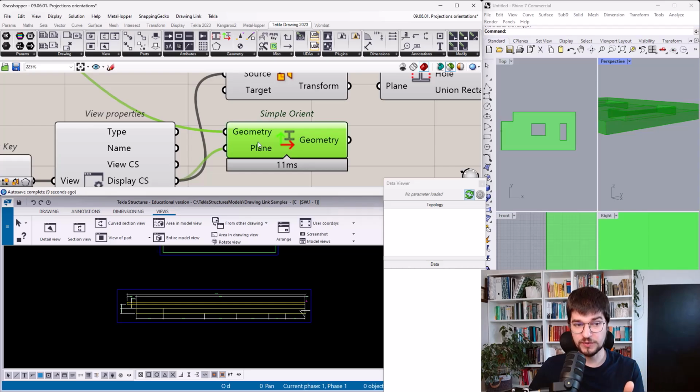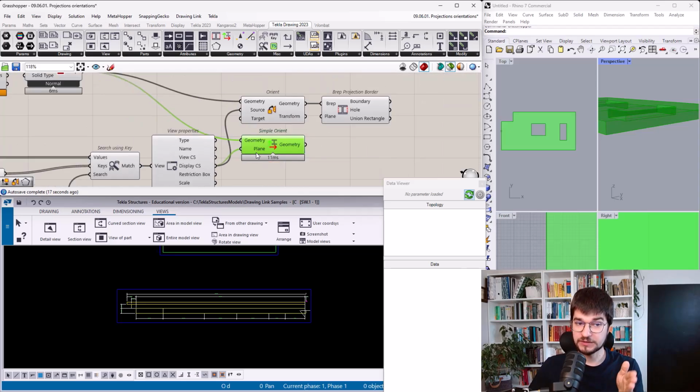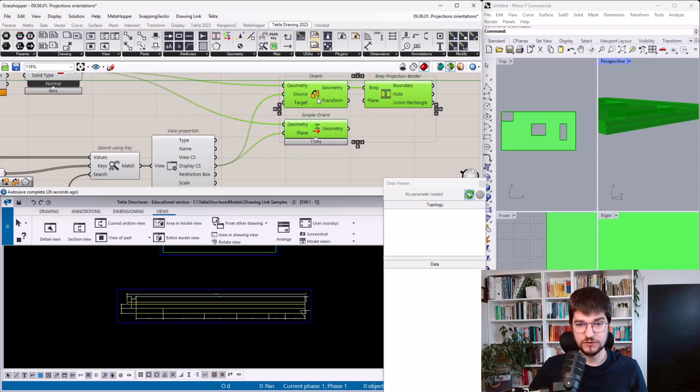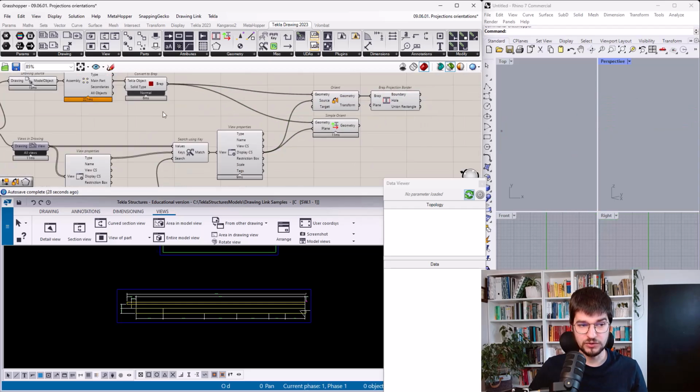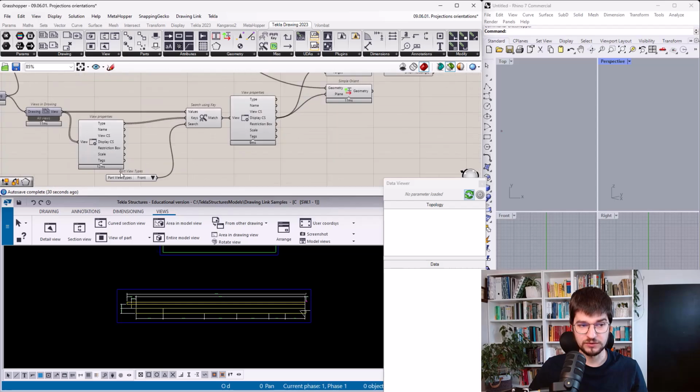Of course, you have to provide geometry, but there is only one plane to provide, the Tekla plane. So it just was created to streamline your approach. But there is also one more reason why I developed this simple orient. So if I change my whole script, and I will be not interested only in those things which are